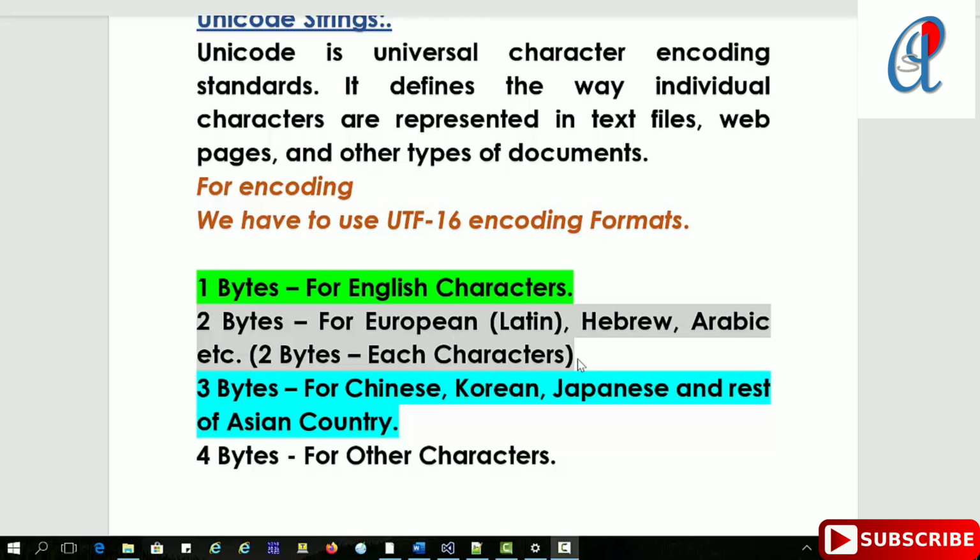Suppose you want to use Hebrew, Arabic, or some South Asian country languages, they will use 2 bytes or 3 bytes. 3 bytes are used for Chinese, Korean, and Japanese languages, and 4 bytes for other characters. So here each character is 1 byte; for European or Hebrew, it will take 2 bytes for each character, and 3 bytes for each character in Chinese, Korean, or Japanese.